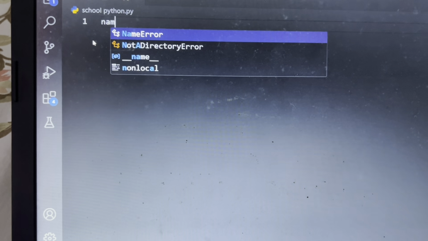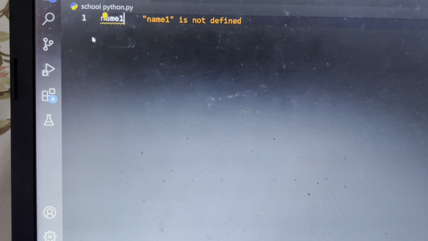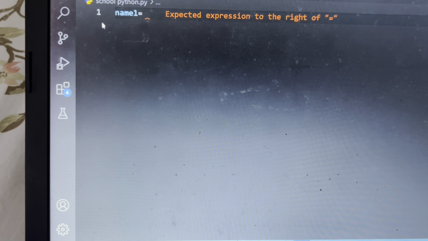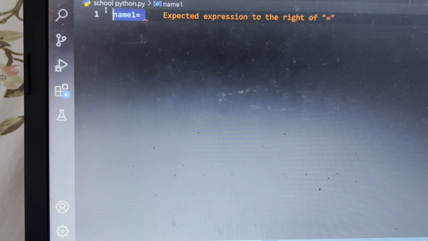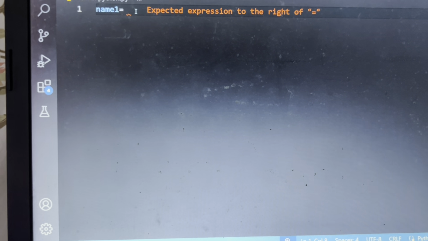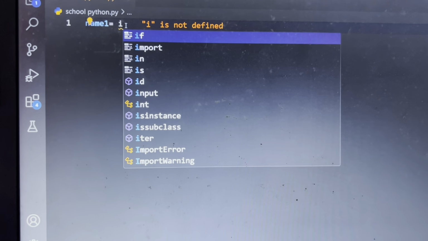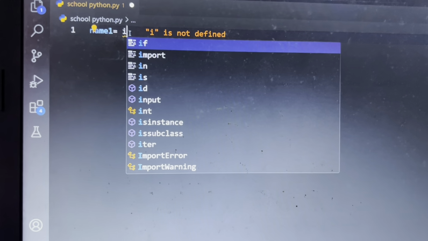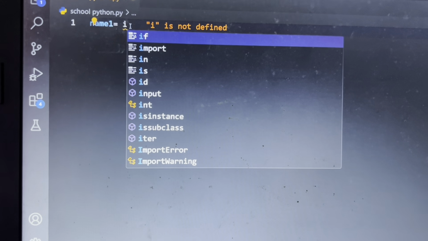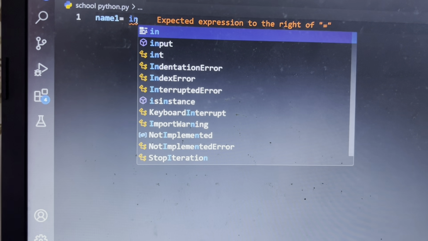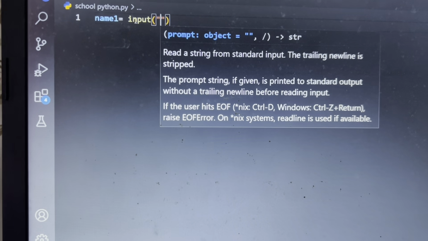First of all, we have to take the name. So your name is a string, right? So take name 1, give equals. So I have made the variable called name. Now name 1 equals input. Why not int? We shall not write int because your name is not an integer value. Your name is a string value, and by default input gives you a string value. Input, then